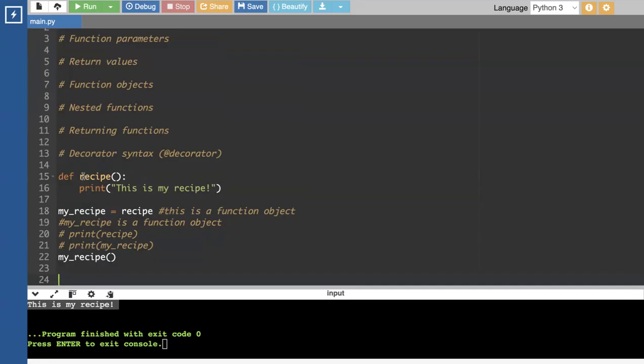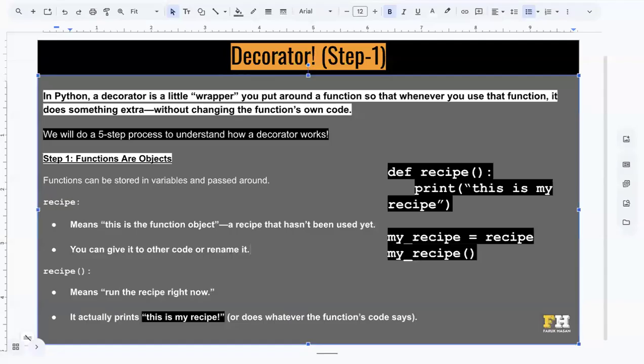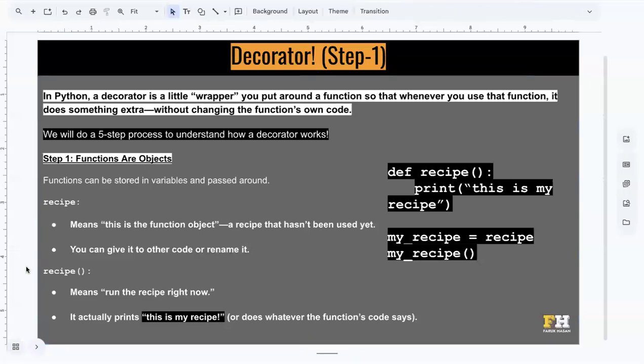So when you write a function without parentheses, we call this a function object. And I can pass this function object to a new variable. And then when I write the variable with parentheses, it again becomes the actual function, which is basically the recipe function. And that's step number one, you need to understand that functions are objects. So hopefully this makes sense. Now let's go to the second step,